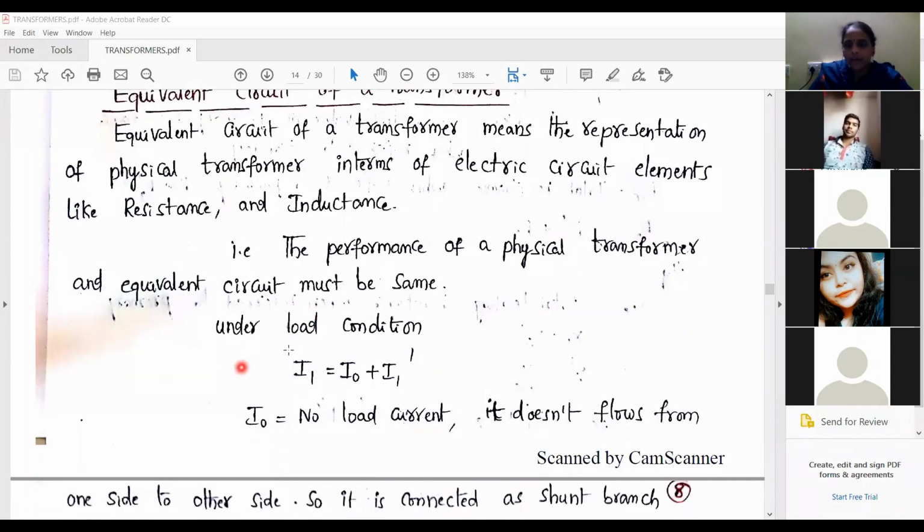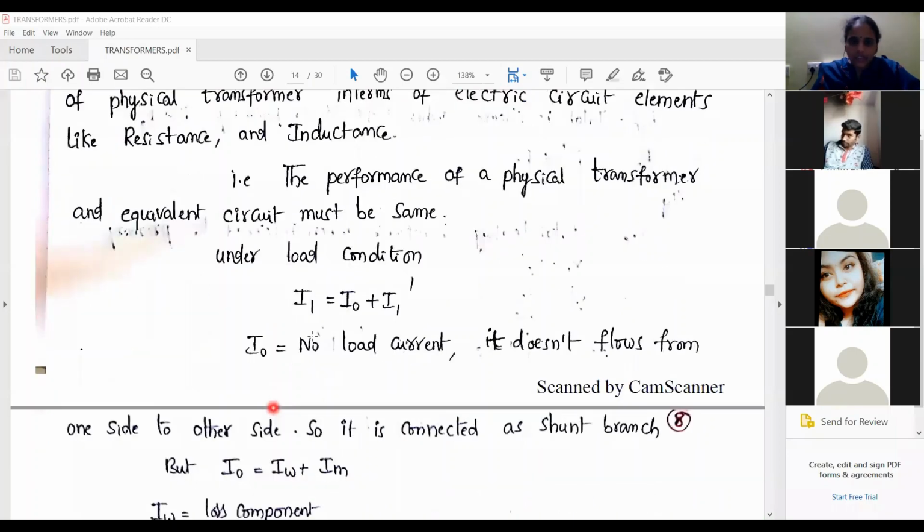Now, under no load and under load, we have studied. When we connect the load, current I2 starts flowing. That we studied yesterday. Both the conditions we have studied. When the load is not connected, I2 is equal to 0. When the load is connected, some current I2 will flow. Because of that current, the flux phi will be generated. Because of this flux, the voltage E1 is induced in the primary winding. Because of this voltage E1, there is an additional current flowing in the primary winding of the transformer. That additional current is called I1 dash. Is it clear?